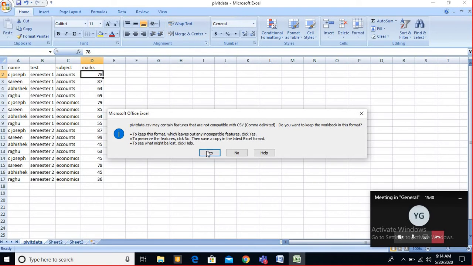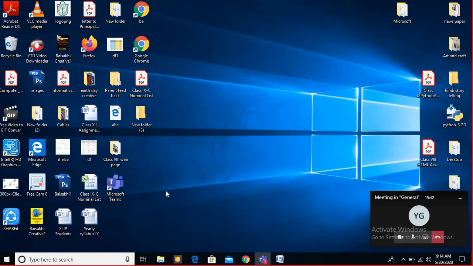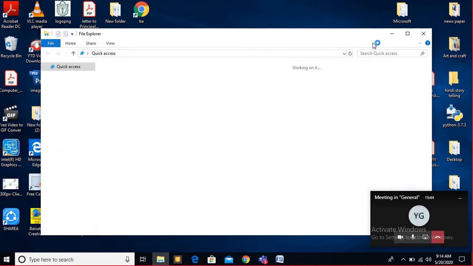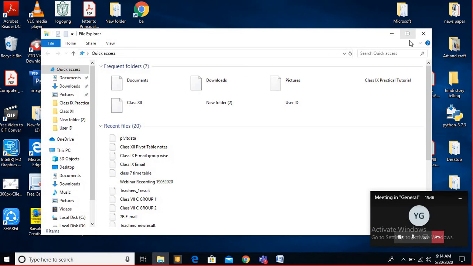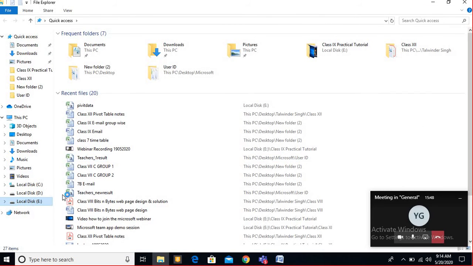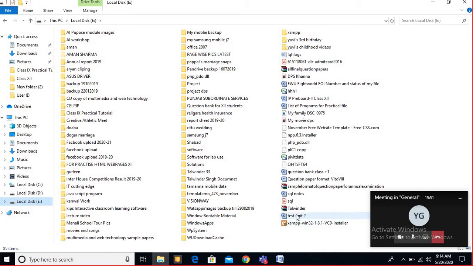So I'm going to show you. You see in the E drive a file is there, this is pivot data. Okay, how can you copy the path? You have to write the proper path for this.